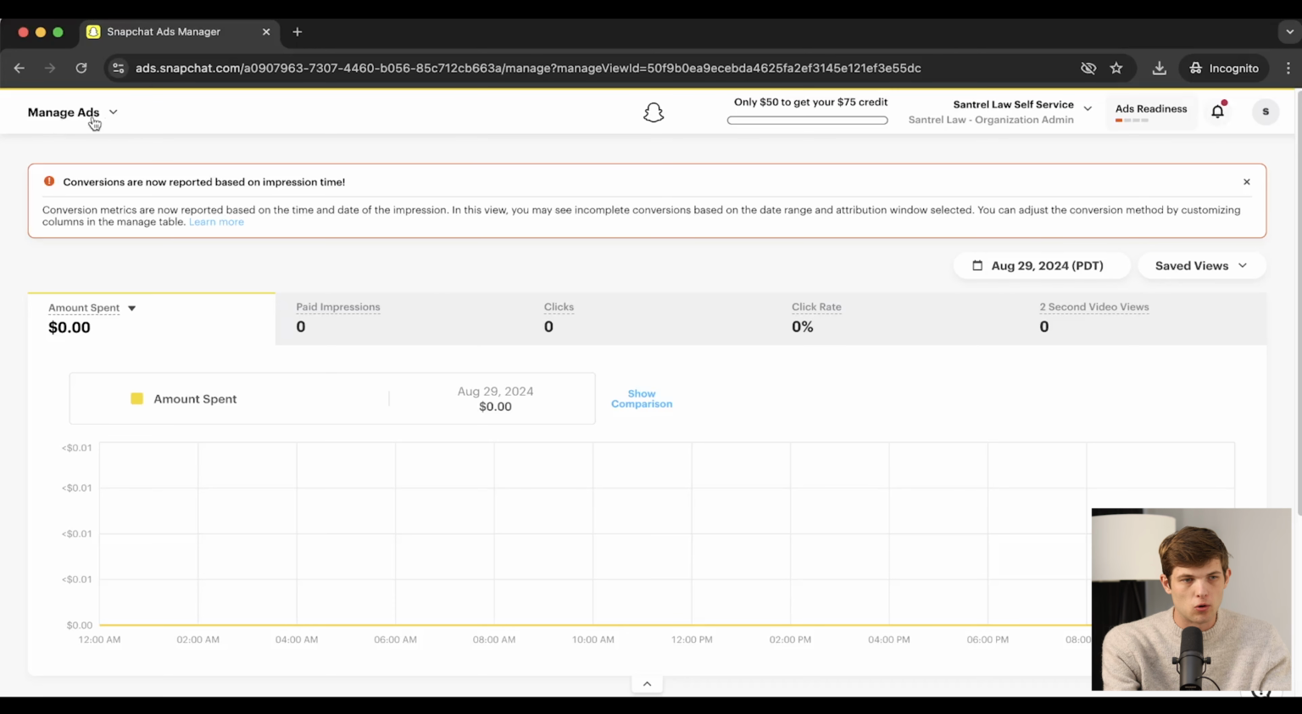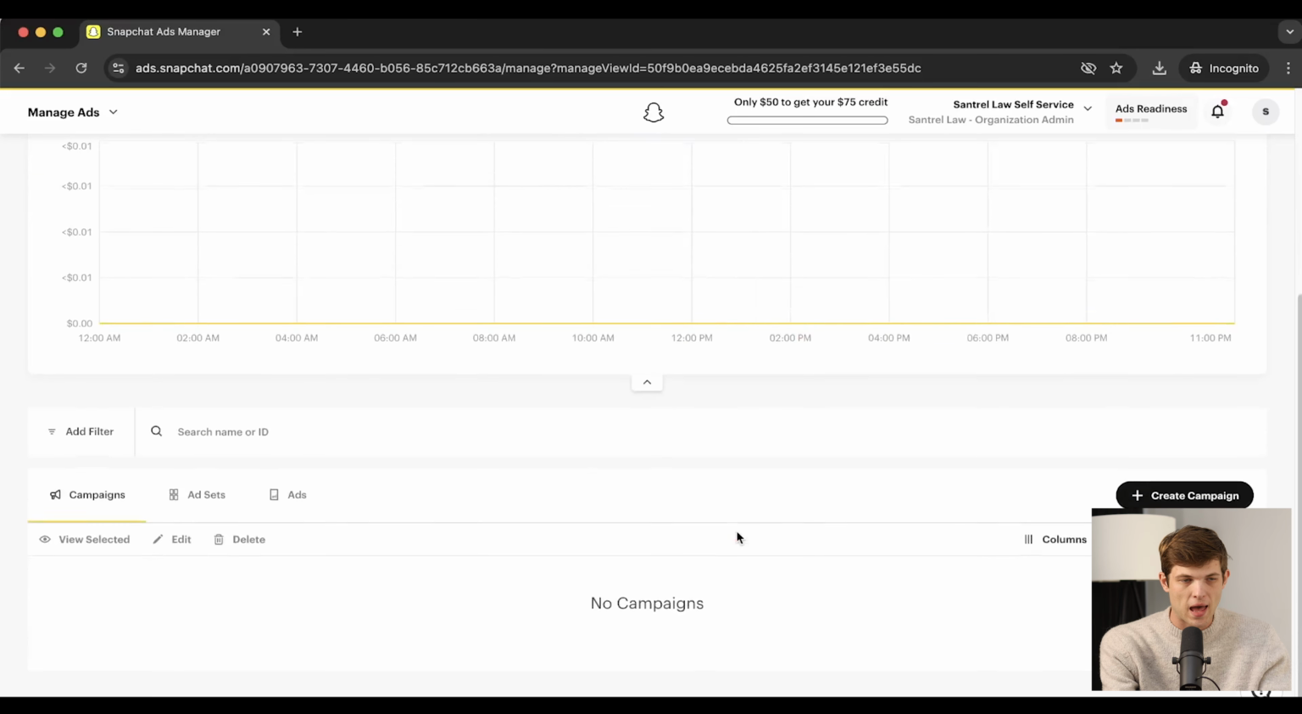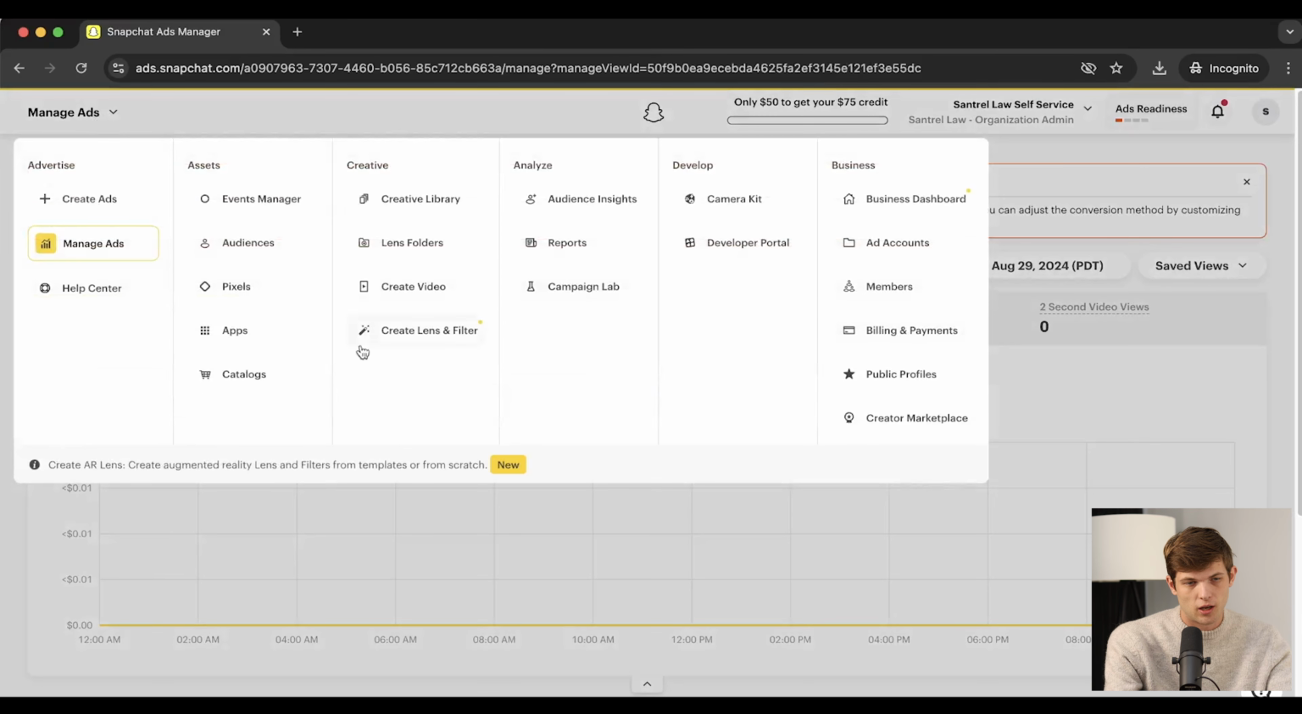All right, and then we can go to look at something like managing ads. This will show us the amount of money that we're spending, the amount of impressions and click-through rate that we're getting on our ads. And then another feature is if we go on to create video, and we click on